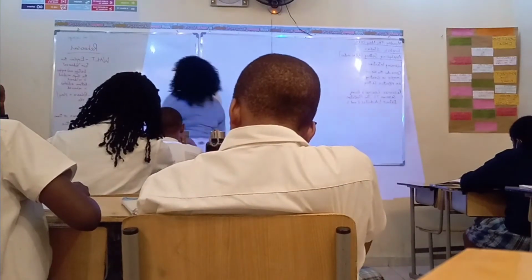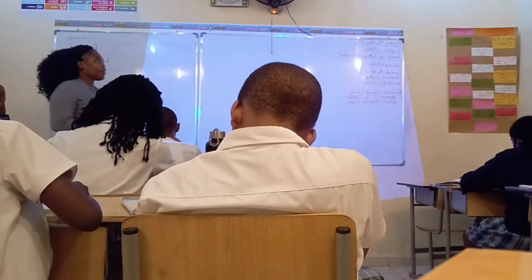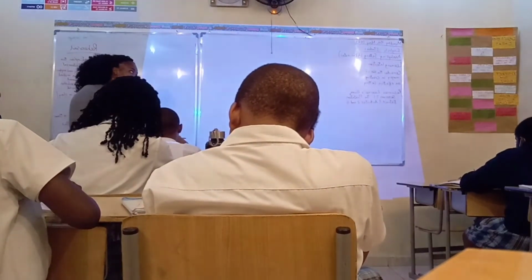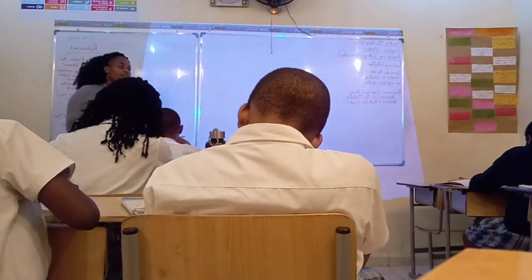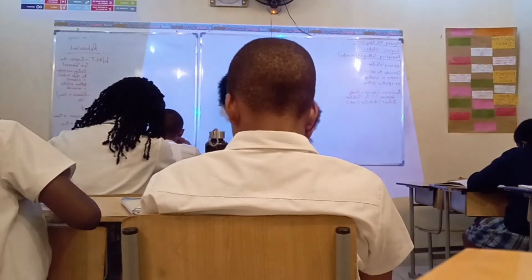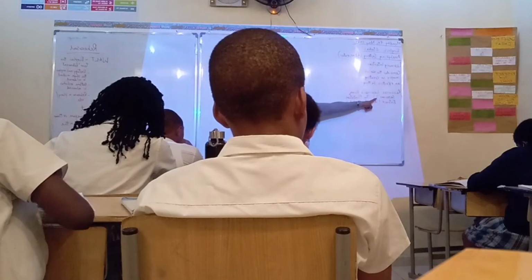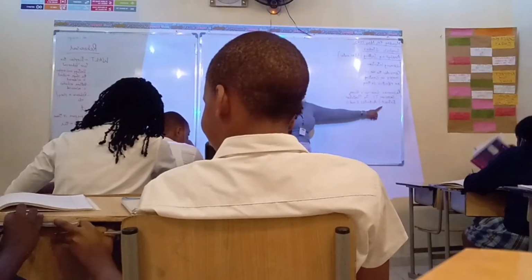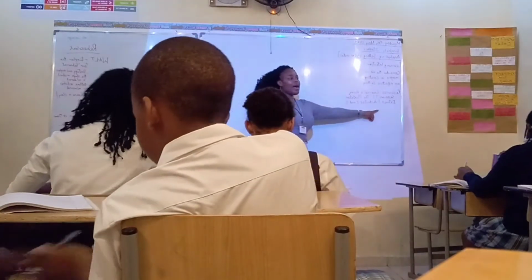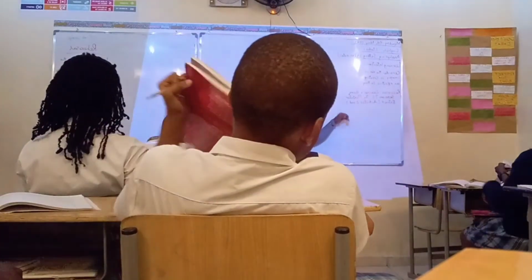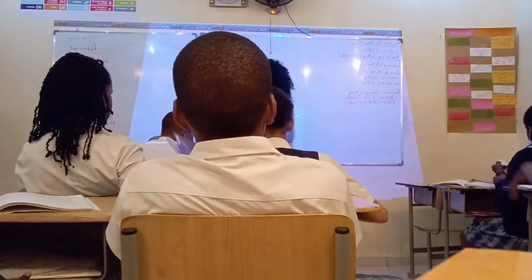So today, again, we're going to learn how to consider the use of imagery in creating an effective setting. So, if you please go along with me to your book, section 7.1, the plantation. We are still working with extract 1, but this time around, we're going to be looking at activities 2 and 3.